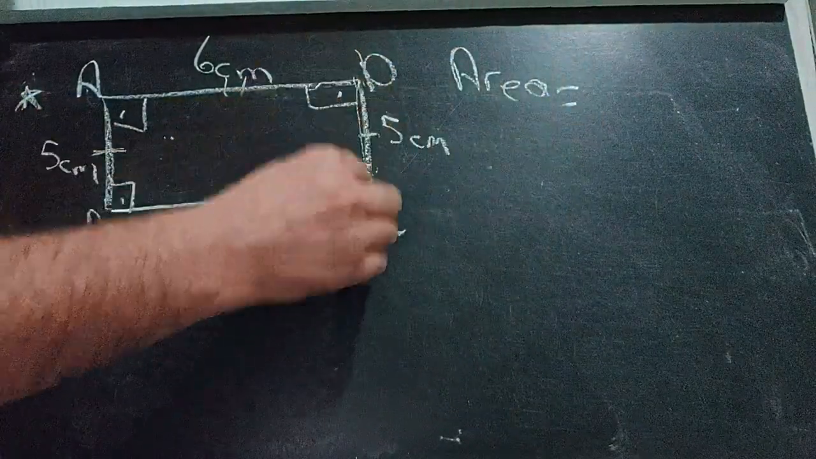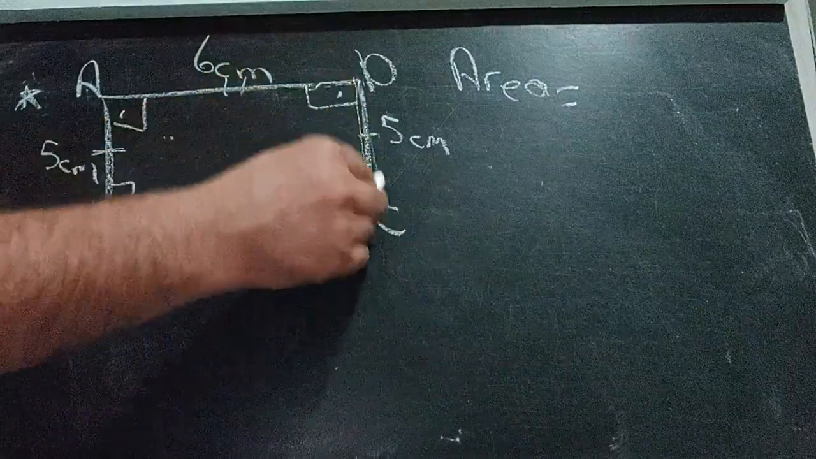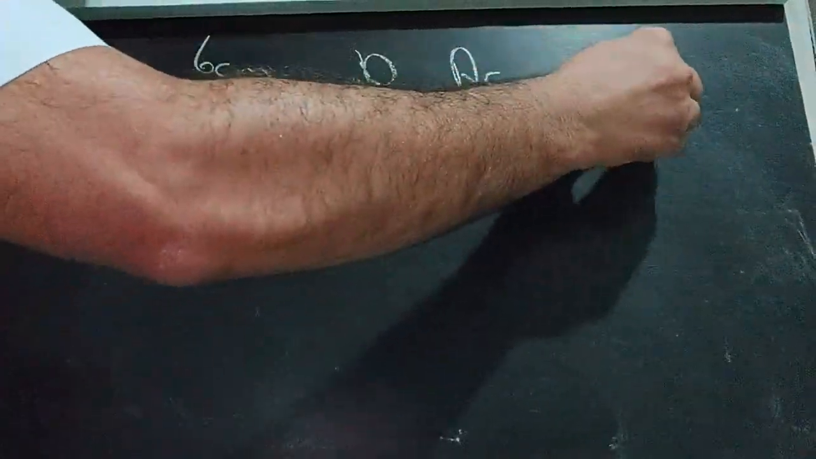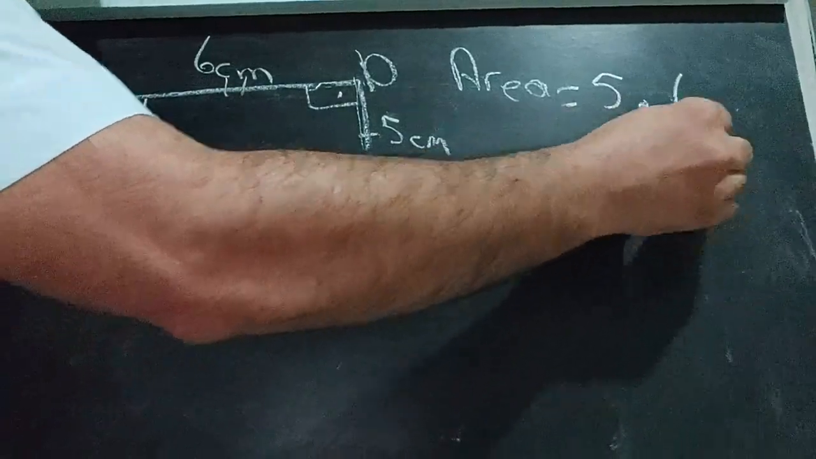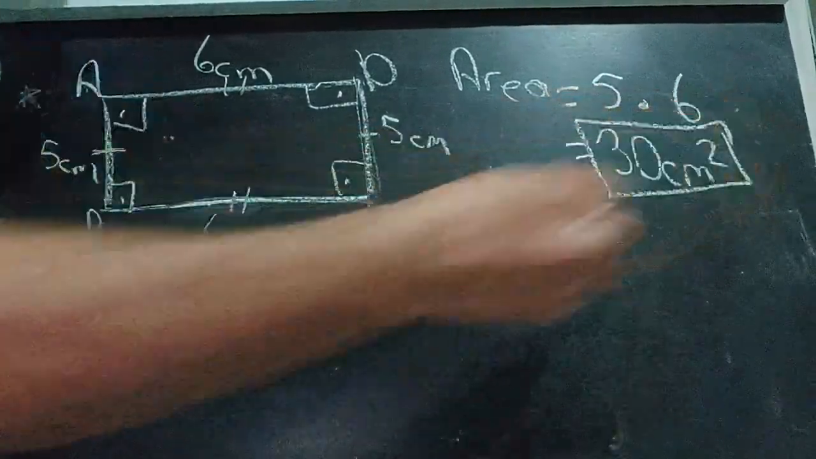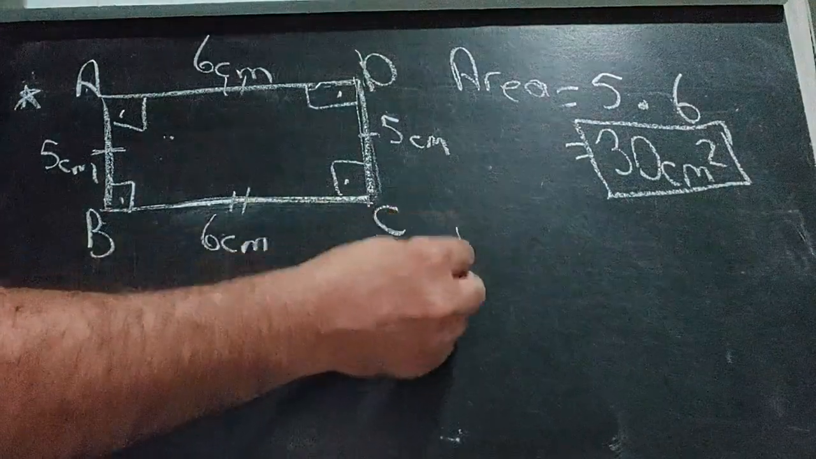is height times base. Height times base, that will give me 5 times 6, which is going to be 30 centimeter square. Right, so now perimeter,